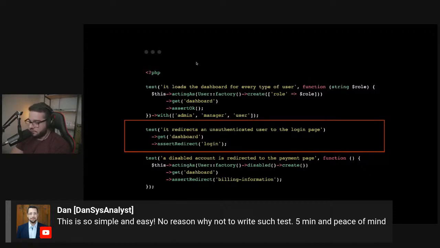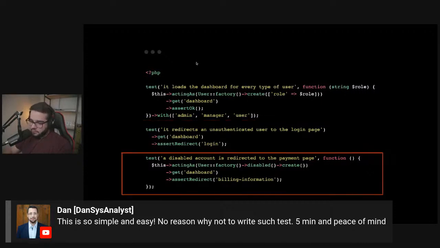Look at this. This uses higher order tests, which is a super cool feature from PEST. We don't even have to pass a closure. We can just chain methods, and we have a test running with 3 lines. And if I wish to, I can make this 1 line. It's just going to be very big. So this is an example of a test that might seem silly, that might seem unnecessary, because the auth middleware is already tested on Laravel. But we as humans make mistakes more often than we should, more often than we would like. So I don't see a reason not to have this reassurance with 3 small lines.